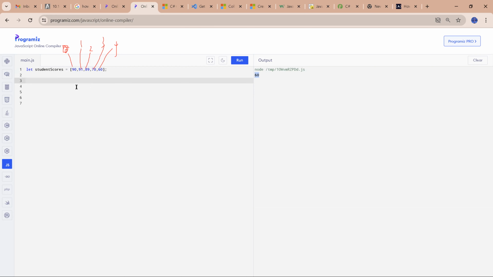Now, in the last class, I demonstrated how to append. Maybe I want to add another score to this array of numbers, array of scores. All I need to do is to use the push method. We call this method. If I want to add, say, 95 there,